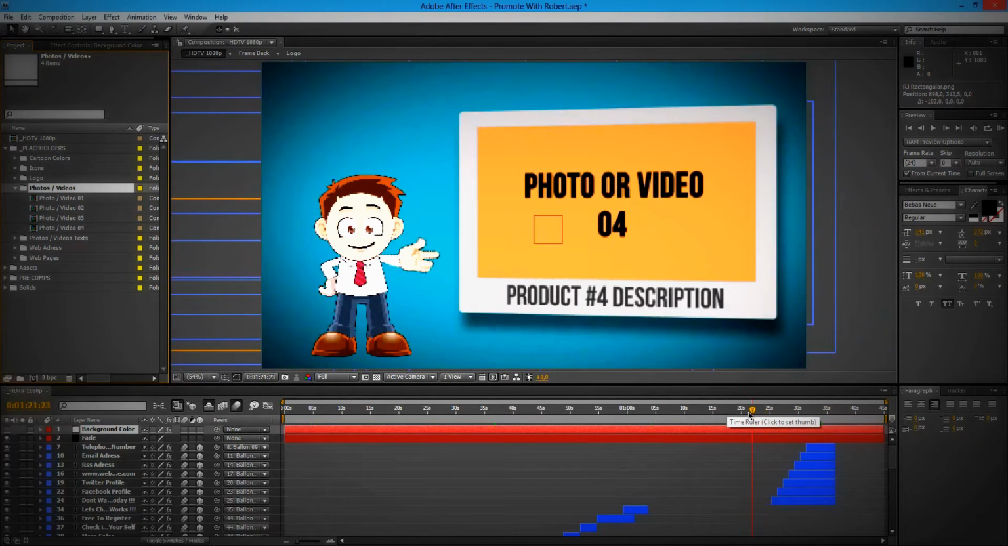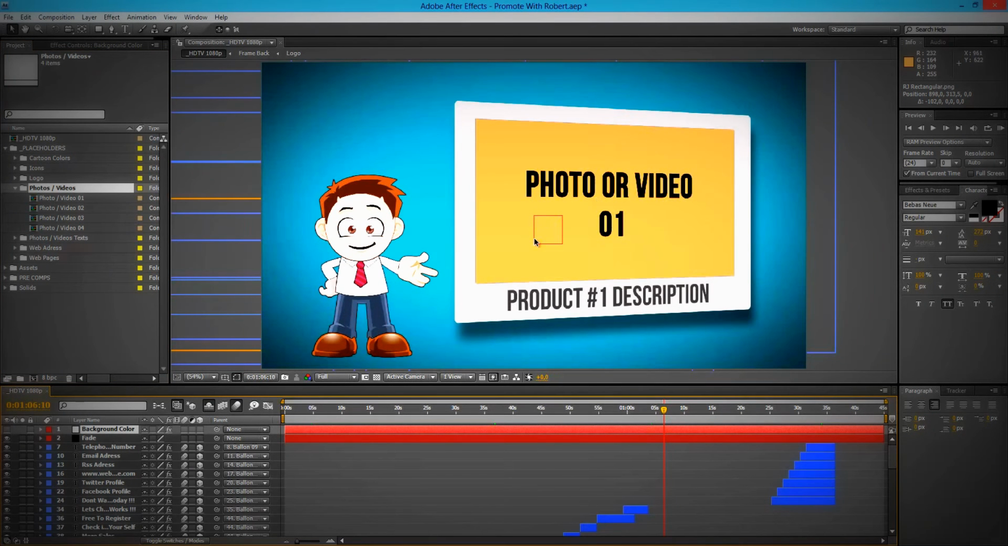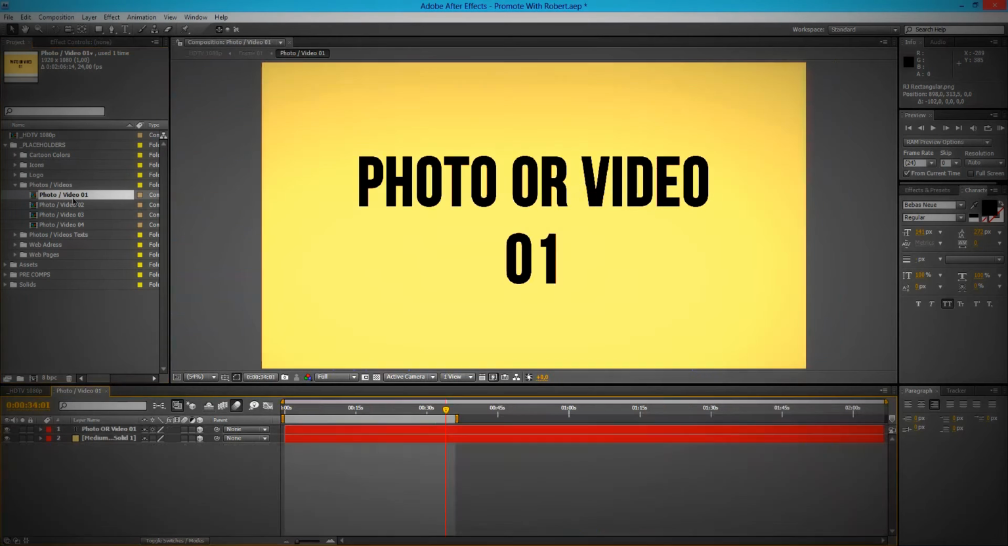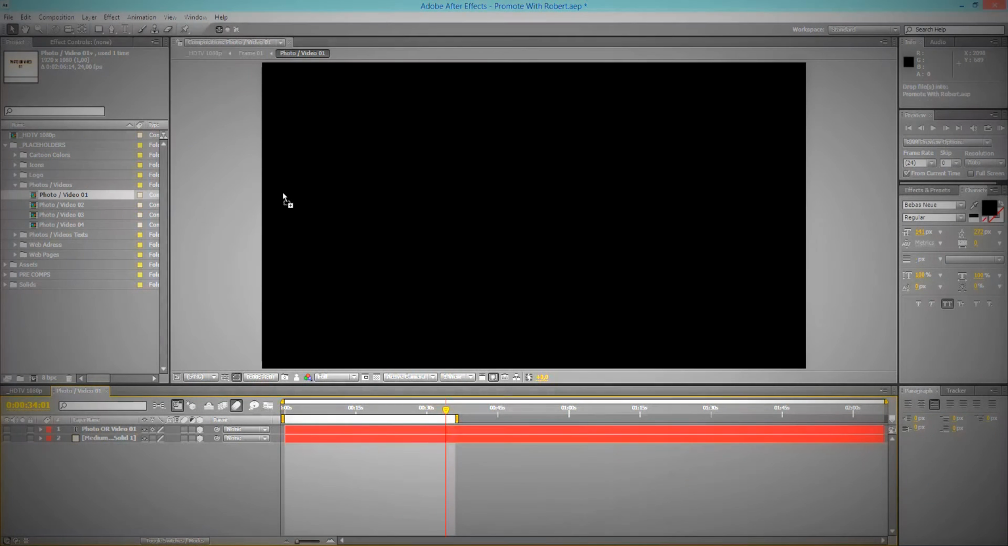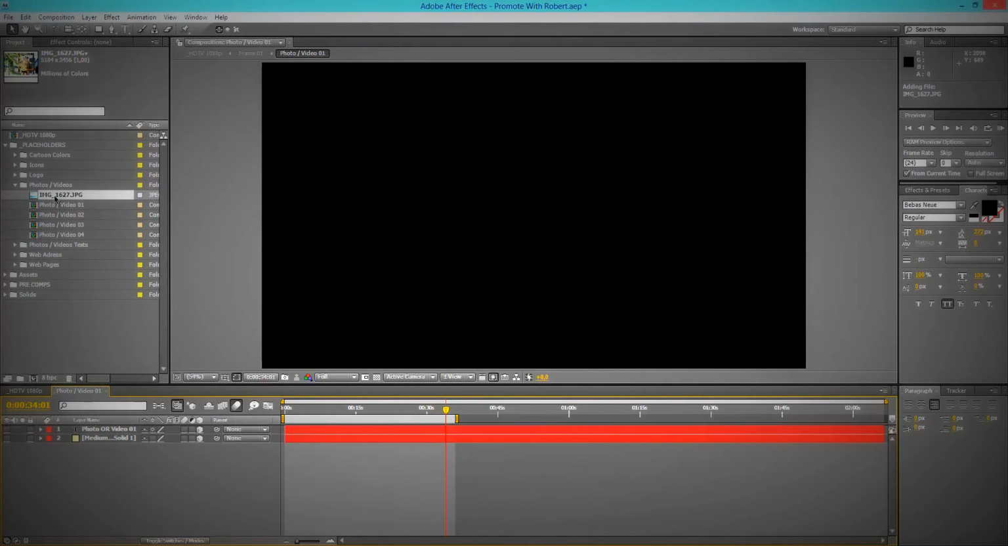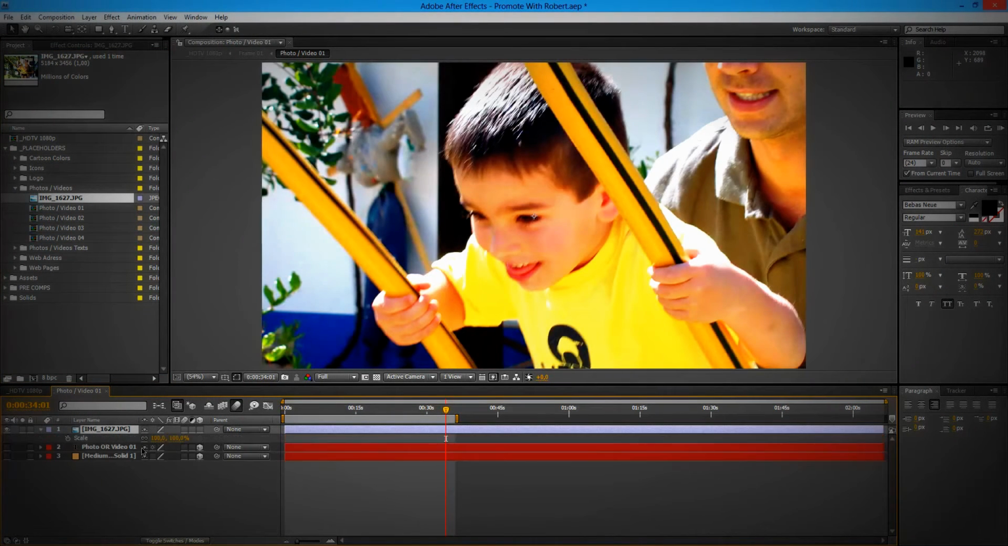Sorry, not at the end, right over here. So this will be the first photo or video. If we open the placeholder, you will find just the solid and text that you may disable, and I'm gonna bring a photo, just a straight very simple photo of me and my son. I'm gonna bring it right on top. I'm gonna press S for scale,